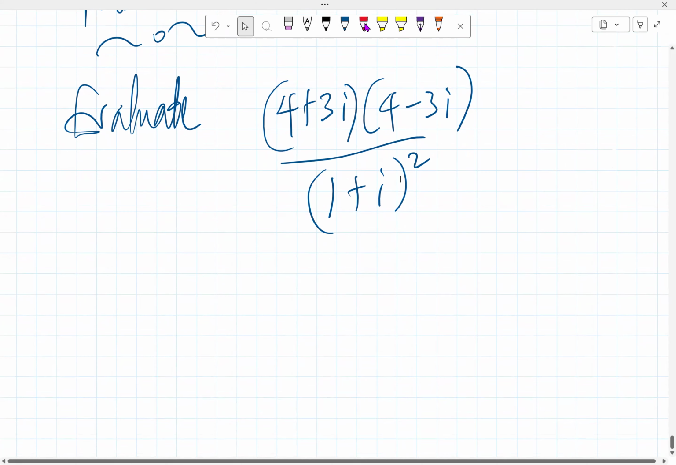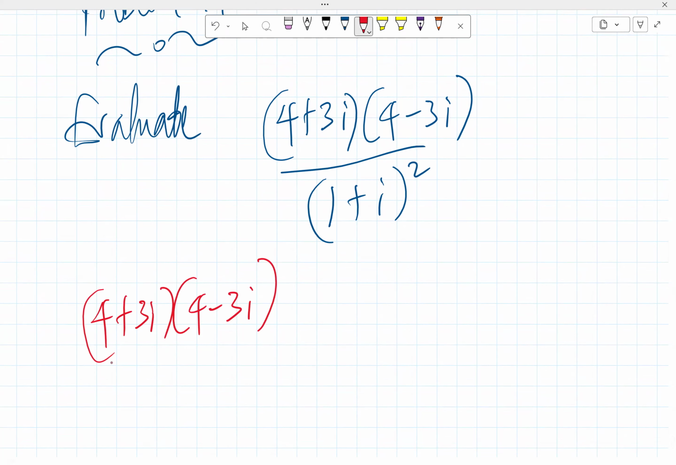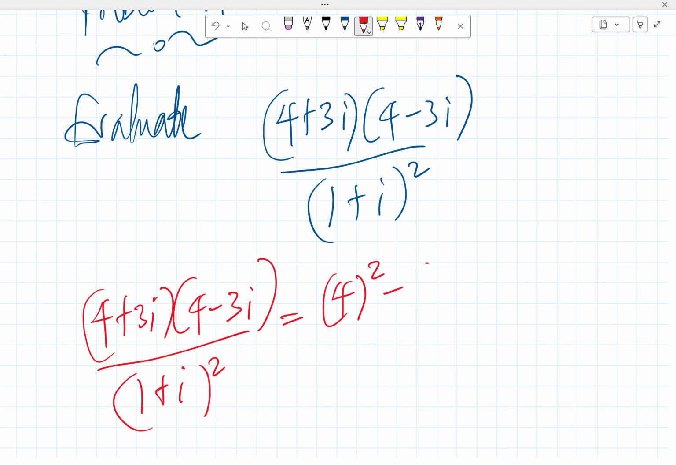Okay, so I'll just take it straight. I have 4 plus 3i into 4 minus 3i, all over 1 plus i all squared. So I'll just do both simultaneously. This is 4 plus 3i, 4 minus 3i, a difference of two squares. So we can have 4 squared minus 3i all squared, all over